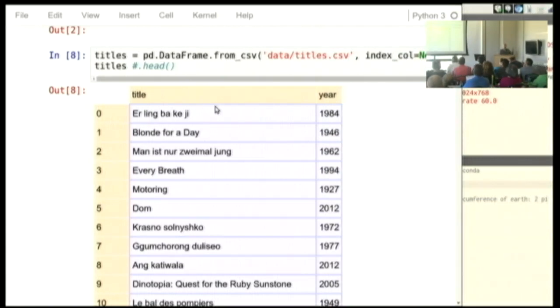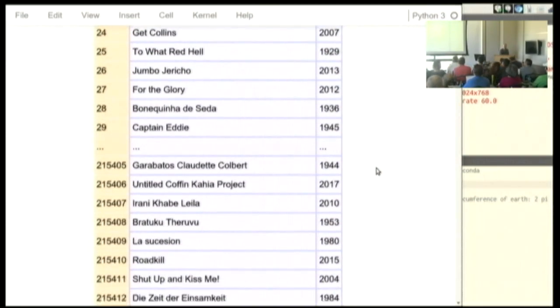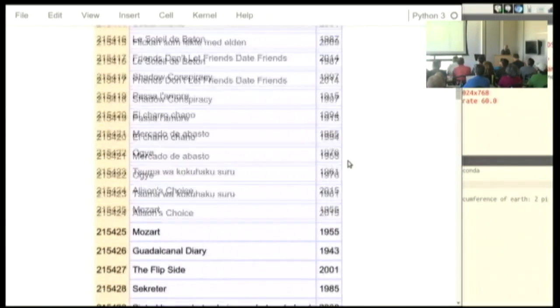Thankfully, Pandas automatically prints, what, 20 or 30 lines, and then it's like, okay, seriously, I am not going to print all of the lines of this data frame unless you set an option requiring it to do so. So it does that famous thing that we do when we need to leave something out: the ellipsis. And so you can see here it printed the top 30 lines of this data frame, and then skipped about 215,000 lines, and then has the last 30 lines.